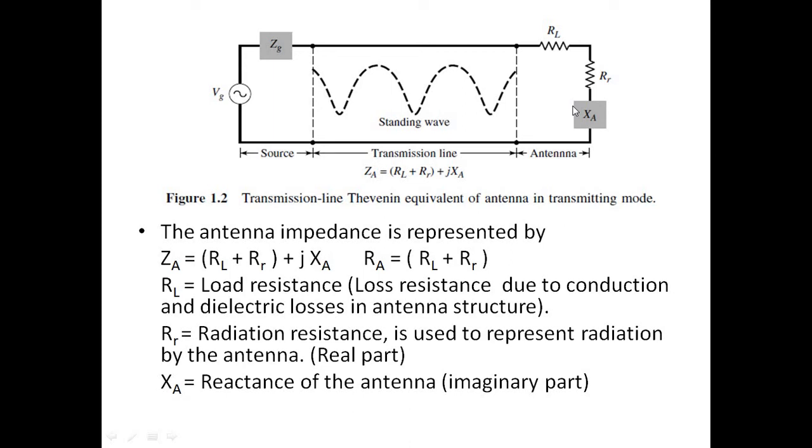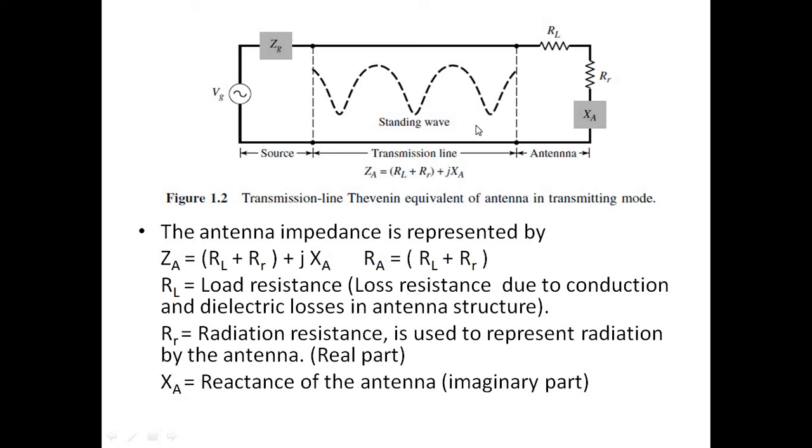If the maximum field intensities of the standing waves are sufficiently large, they cause arcing inside the transmission line. Now our aim is to reduce these losses in order to avoid the mismatch between the transmission line and the antenna. So these losses are due to the line, antenna and standing waves. The losses due to the line are called transmission line losses.